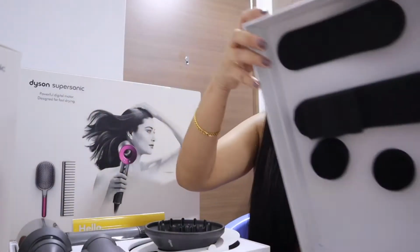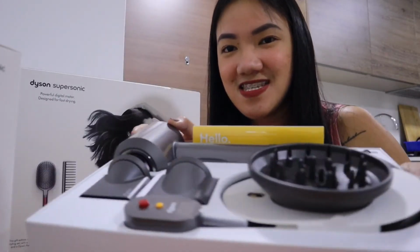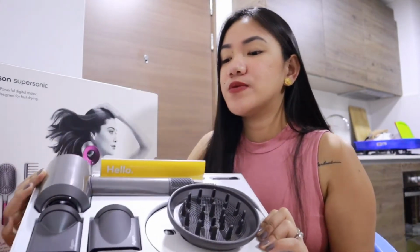I was thinking of buying the air wrap also. This is how it is. See, can you see that there's hello over there? I think that's the manual. Here, what is the inside? We have